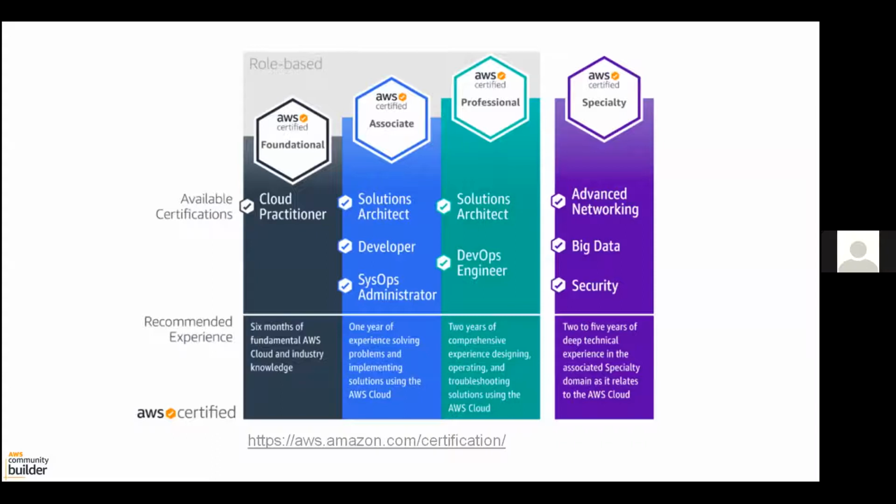Then the next track is the associate level. AWS provides three associate level certifications: Solutions Architect Associate, which is the most popular one, Developer Associate, which is I would say the most practical one, and SysOps Administrator also. The recommended experience that AWS states is 1 year, but I would say